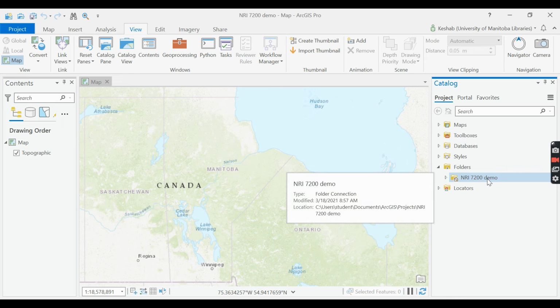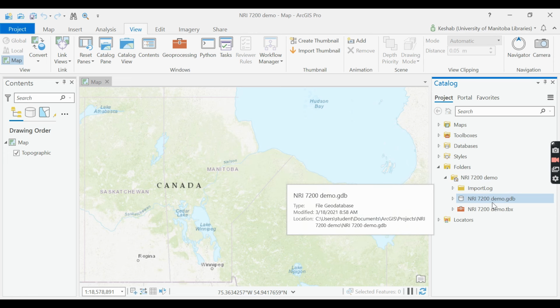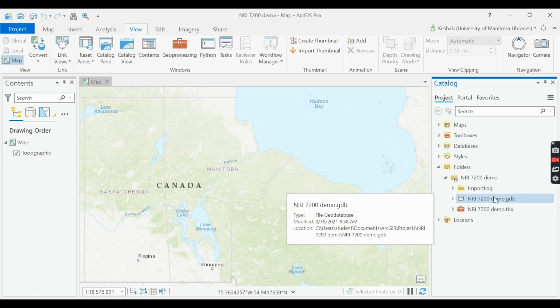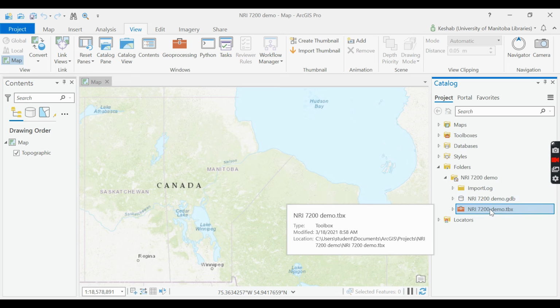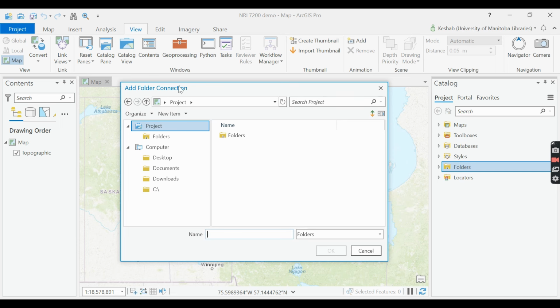Now, see the project that we created. Inside this project folder, we can see our project files such as .gdb, which is the geodatabase file. It stores the data. There is a tool file that includes the tools we used in our analysis and an import log folder. To connect our folder, right-click on Folders and then click on Add Folder Connection and then select